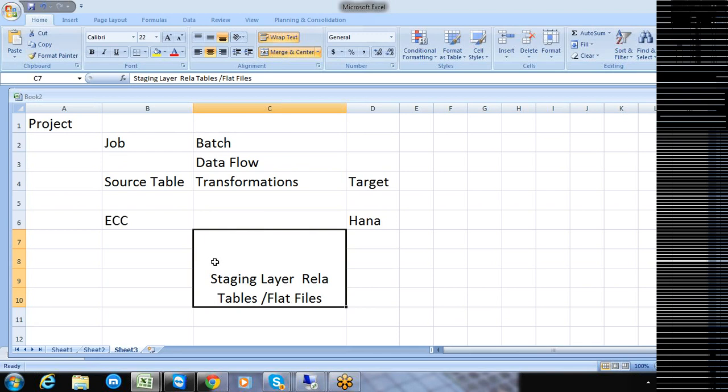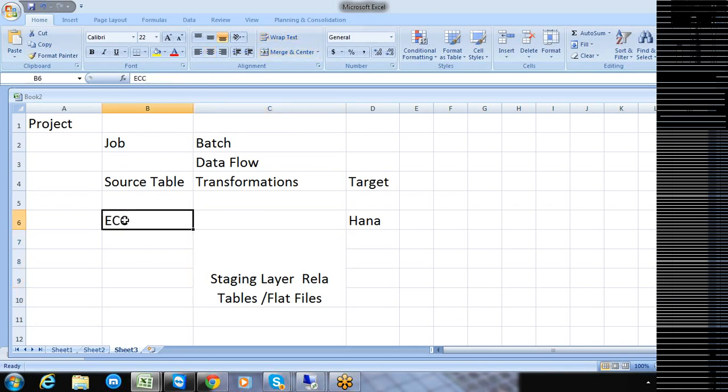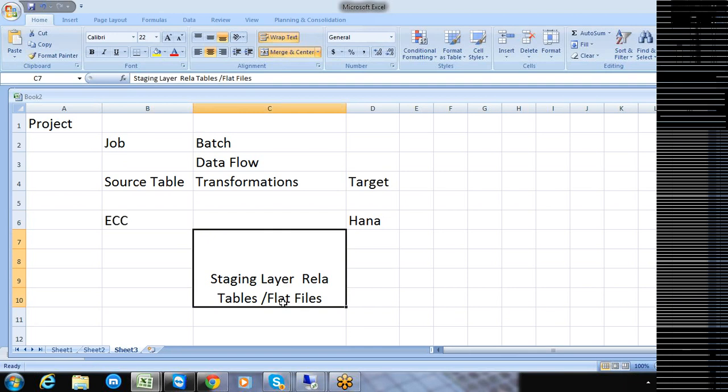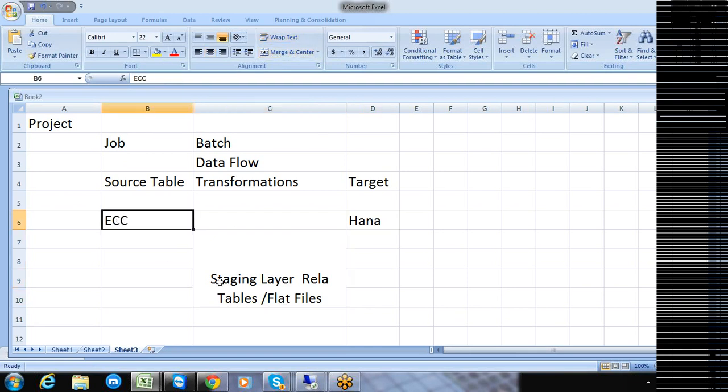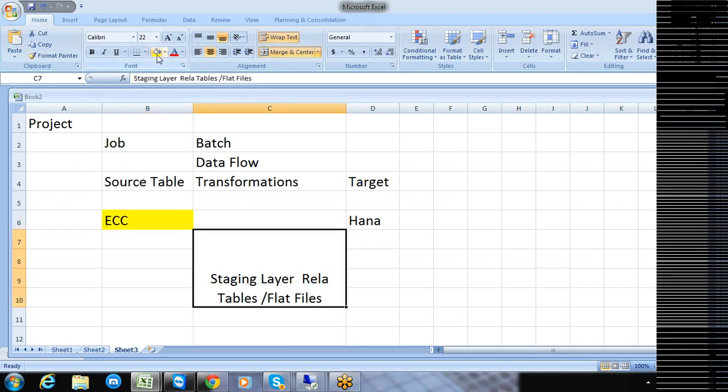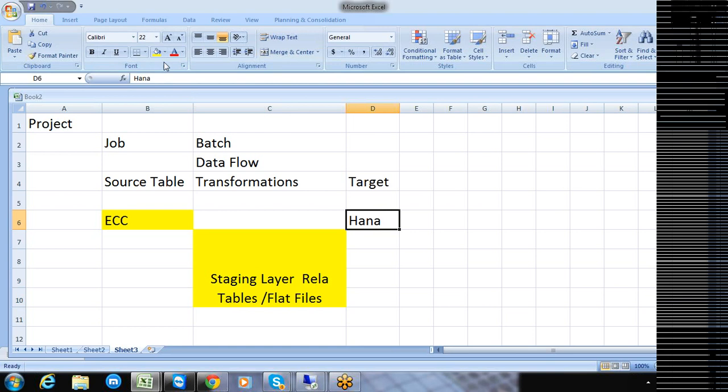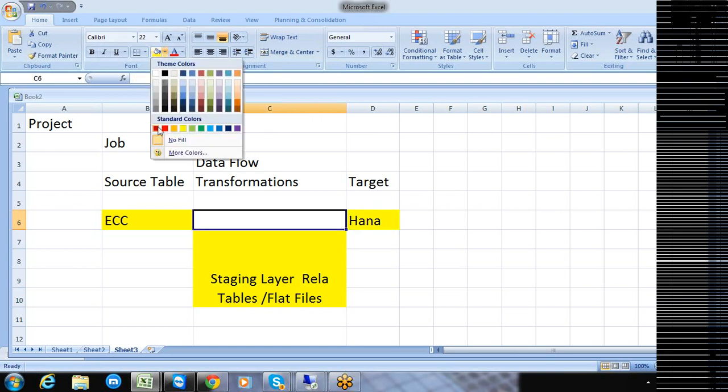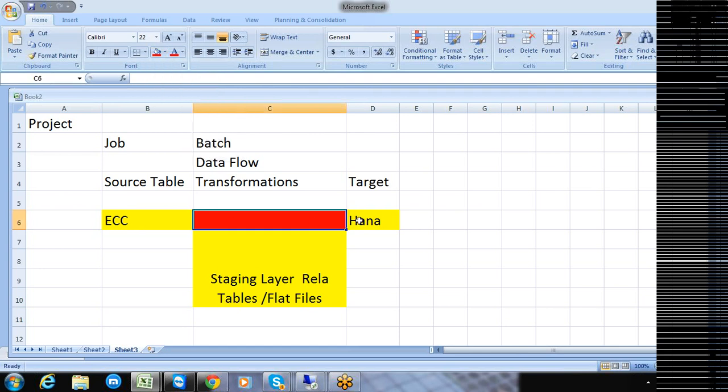So that means from the ECC table, we need to bring the data into the flat file, and from that flat file populate the data into this HANA database. That is the process that we need to follow. We start extracting, we populate this data into this place, and then we start loading the data. One more thing: a direct transfer of data from the ECC to this HANA database is not suggestible. Obviously, we need to have a staging layer in between. Understood? This is the way that we need to create.